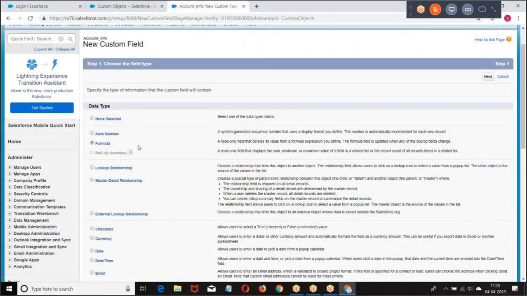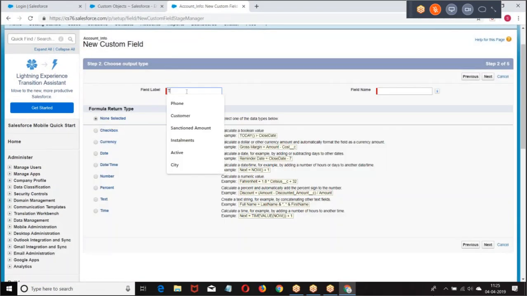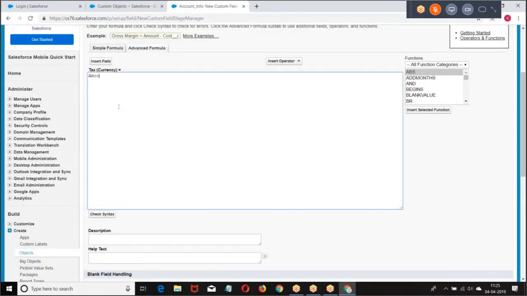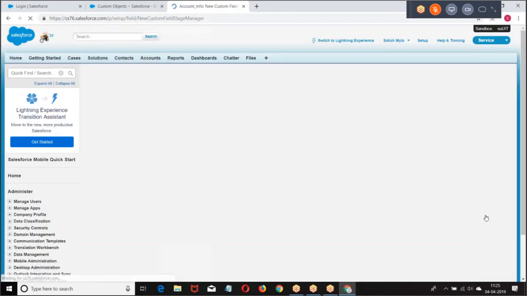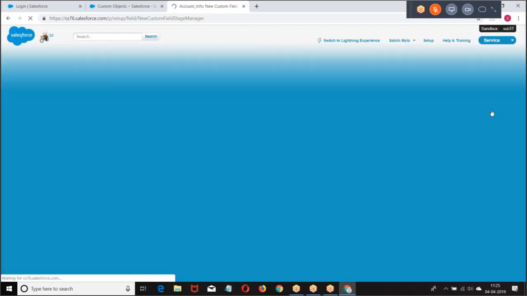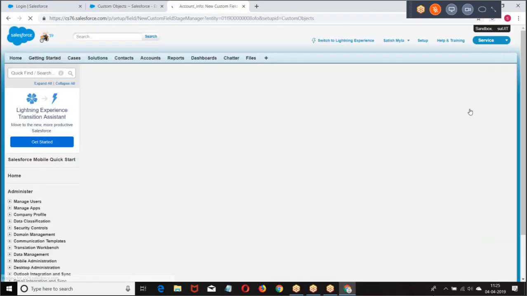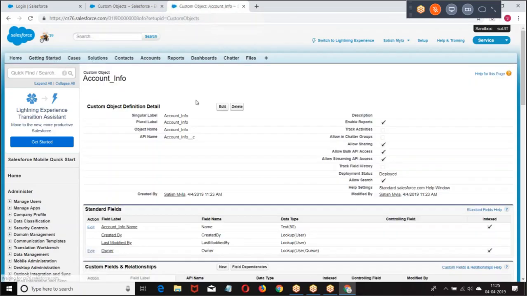Then I had a formula field, tax. 10% of the tax. I want to write a validation rule. Object creation is done. Formula creation is done.